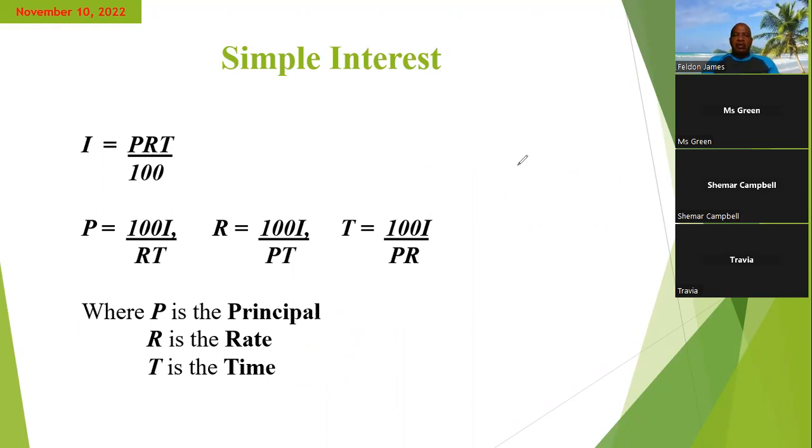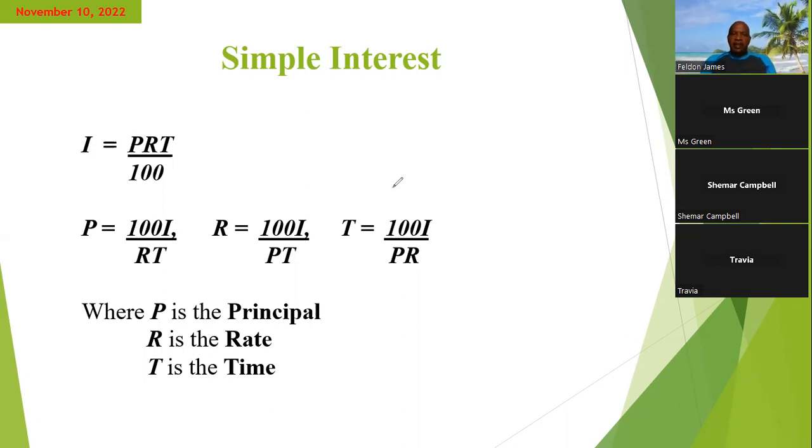All right. Now, there are times, however, when we may have to rearrange this formula based on what is being asked for. Now, the thing about a formula is that it is always arranged such that you have one unknown on one side of the equation and everything else on the other side. That's how formulas work. You always have one unknown by itself on one side of the equation, usually on the